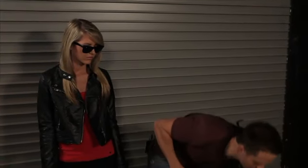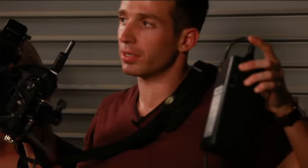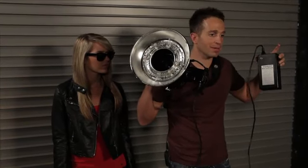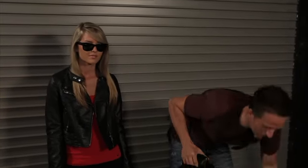The other thing I have here is my battery pack that I'm using. This is the Vagabond Mini, both products by Alien Bees, which are very affordable. So whether you're a hobbyist, amateur, or professional, all within a good price range. So we'll go ahead and get started, and I'll show you guys